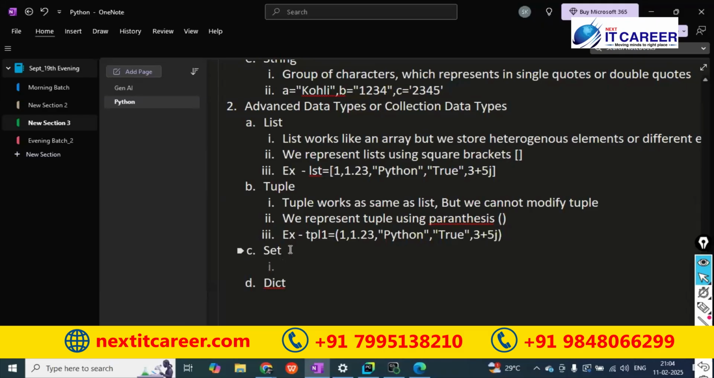And again, set is also not much important. Generally, we won't use set in real time, actually. Why, I will tell you in the upcoming classes. Just let us see how it is stored. So a set is represented